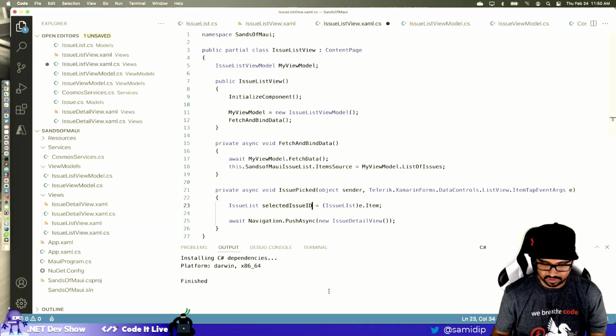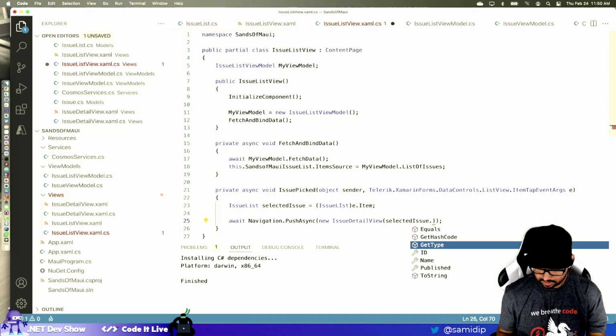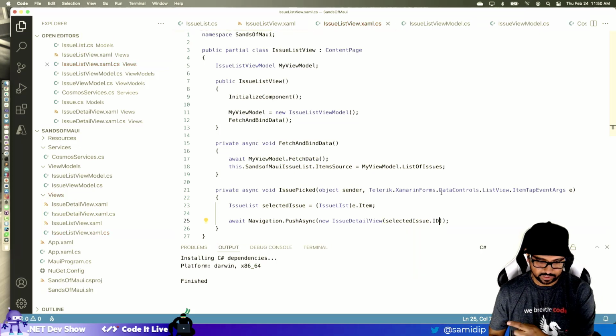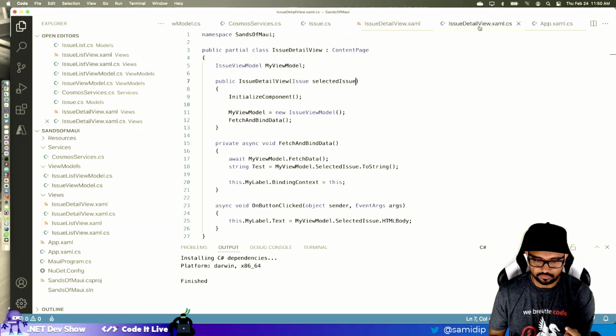Selected issue is, so I have to fix my naming, but you get the point. But here we're going to do a selected issue dot, oh, there's the ID now because I added that, right? So we're going to send that over, and that's an integer, right? Which is what we need here.